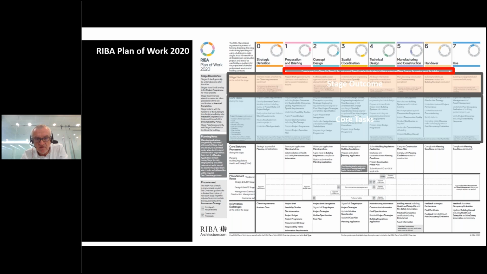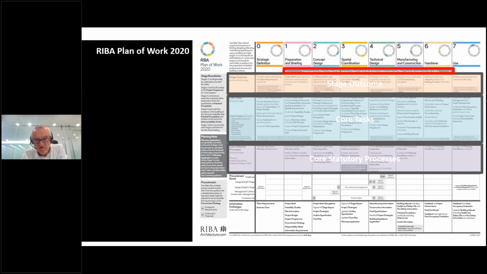Yeah, and then we've got the statutory processes, which was a new bar, really just recognizing that at each stage different statutory things need to be done for building regulations or for planning consent. And then the next one is the procurement route, and that really acknowledges that different procurement routes need different engagement. So in a sense, that procurement is taking content out of the different stages and using it for procurement. And if I'd gone back to the last slide, you'll see that a few countries still have procurement embedded into their plans of work, but of course, when you've got a number of procurement routes, that's not possible.